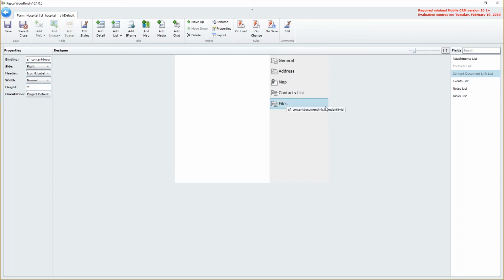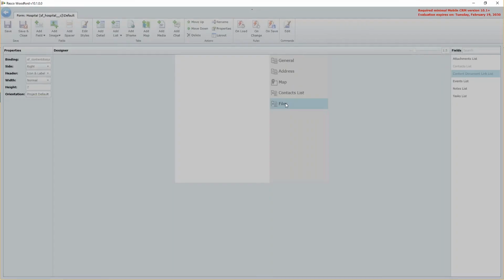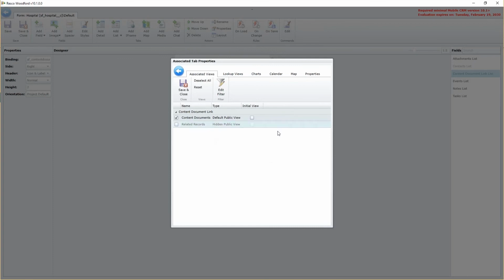Okay. And if I double click here, for example, I can choose how this will be represented. Which view shall I use? Okay, there's just one, so I will use this one. And what I can configure, we will get to when we want to really use it. In here, just very shortly, what we have in Resco is something called associated views and lookup views. We can configure different filters for them. So just to explain to you what it is,